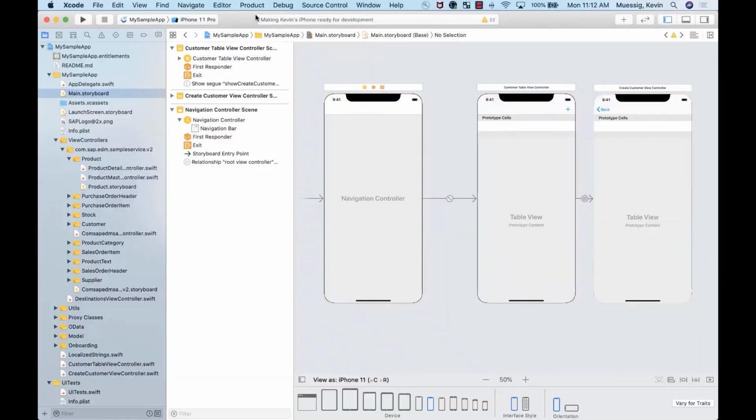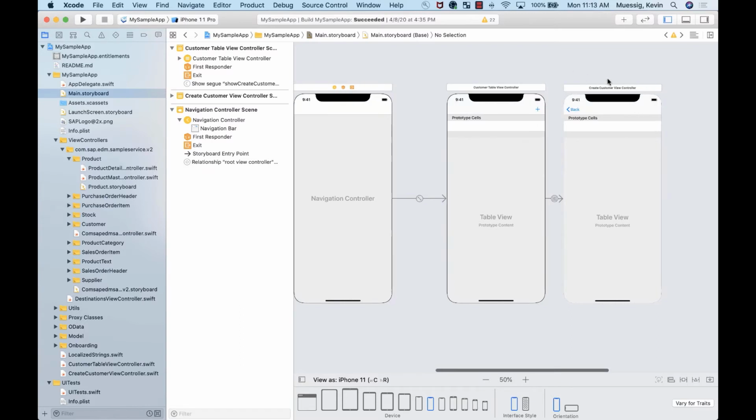So what we got here is our main storyboard. I've set up a basic app structure already. So we have a navigation controller, we have a customer table view controller, which is just a standard table view controller, and we will have a create customer view controller, which will have a create screen for a customer in here as well. So to get started,